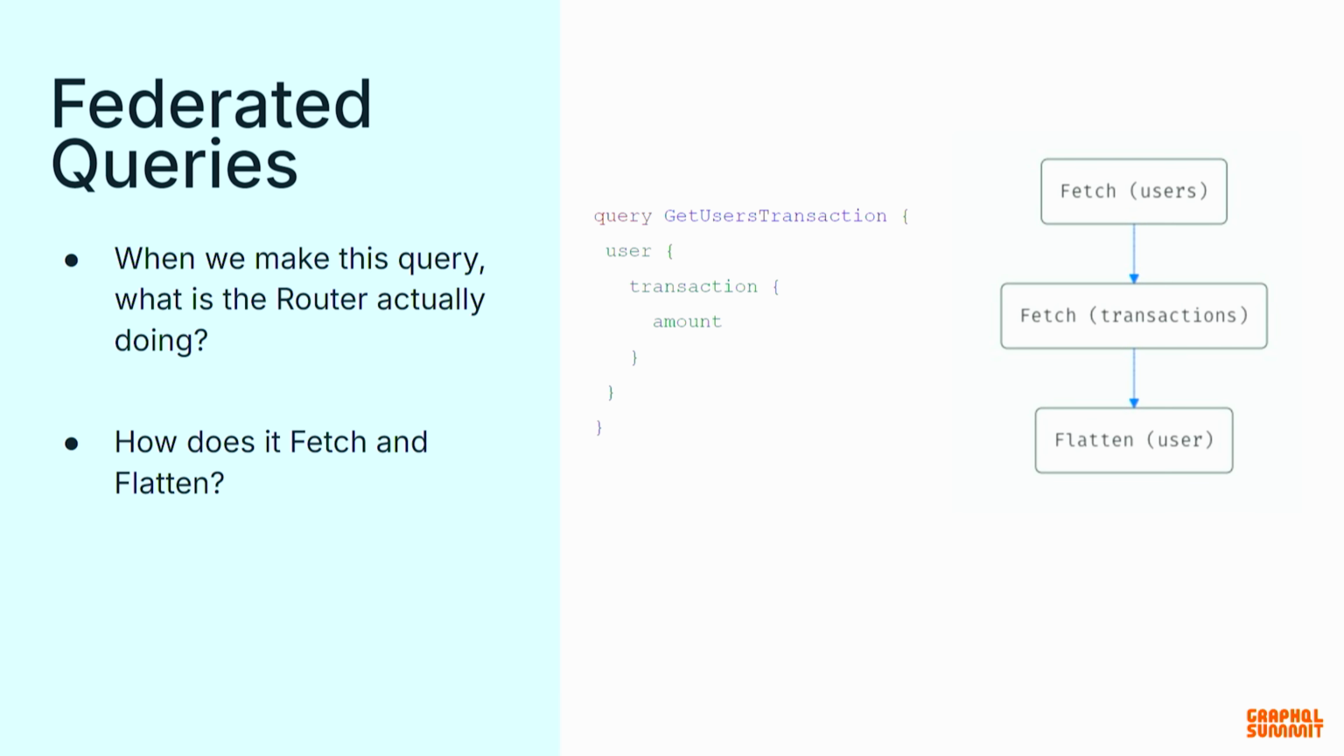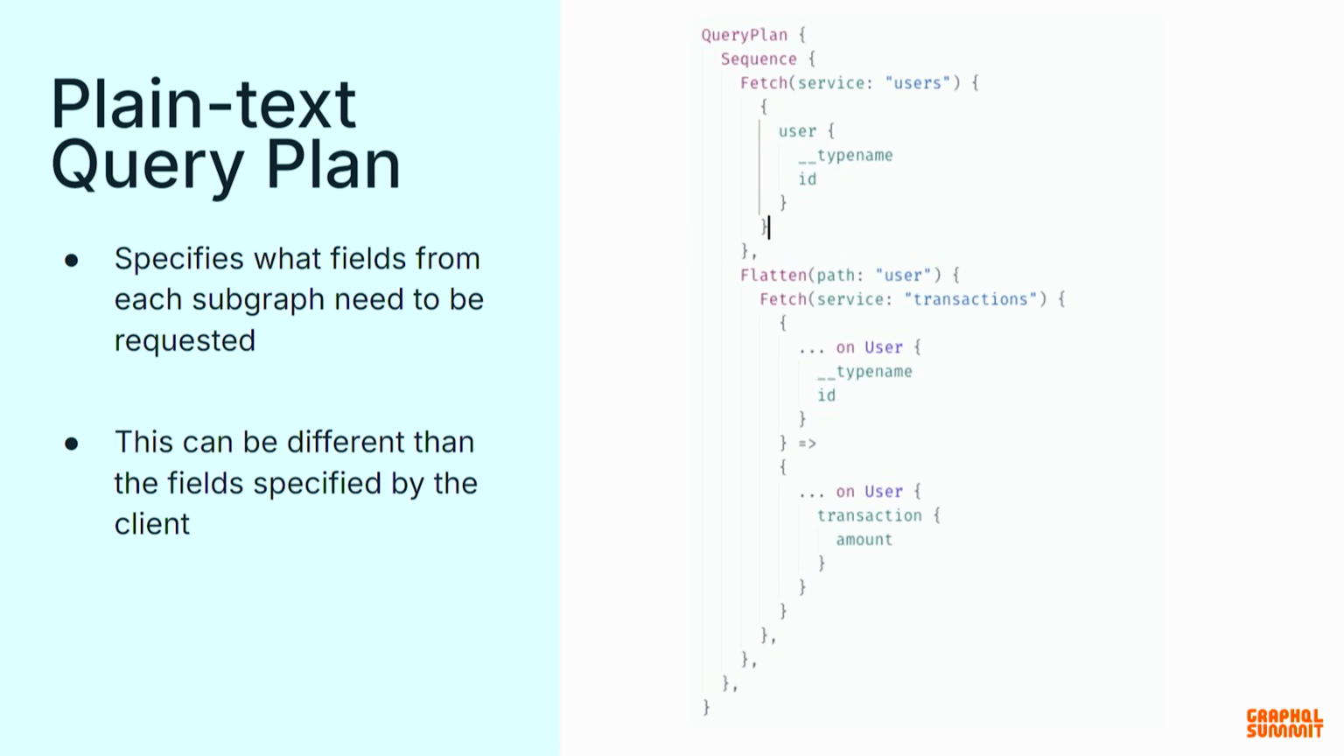How does it just fetch transactions, right? What's happening? How does it just go get transactions? We didn't expose anything to just get transactions, did we? Well, that's where if you go inspect the query plan, there's a mode, by the way, in Apollo Explorer, where